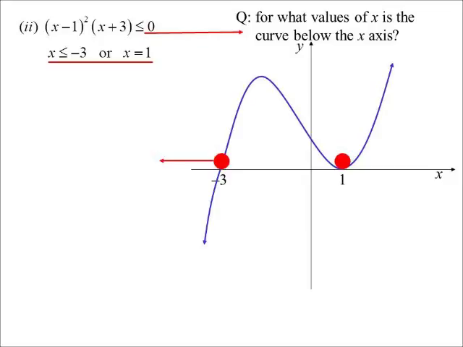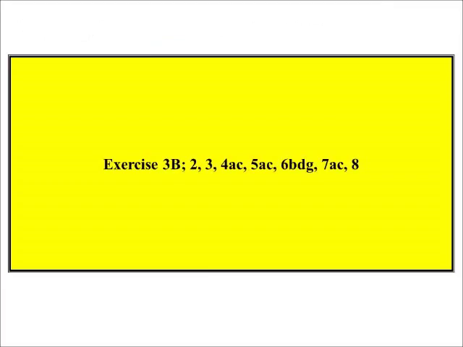So the solution to this would be x is less than or equal to -3. And a lot of people forget the single point. But of course, that's where it's equal to 0 as well. So we get x equals 1 as a possibility as well. Okay, so that's the